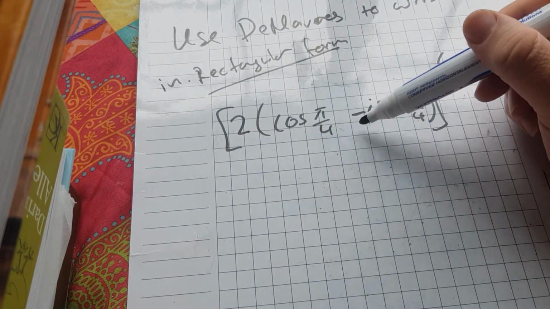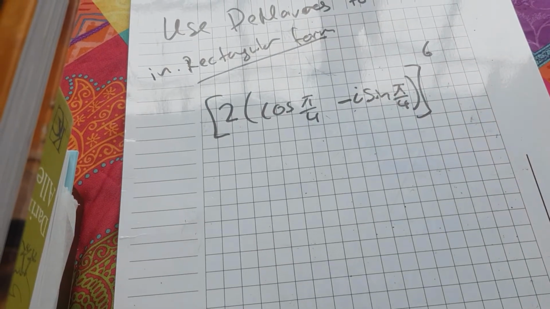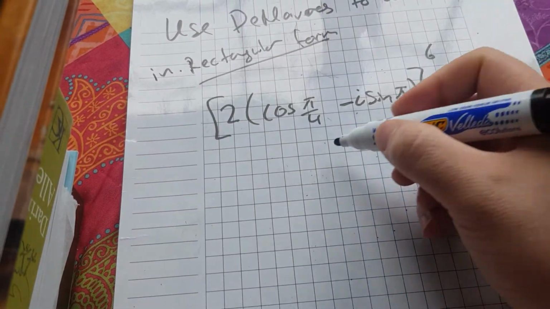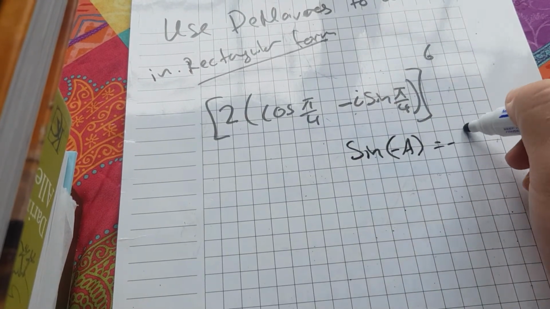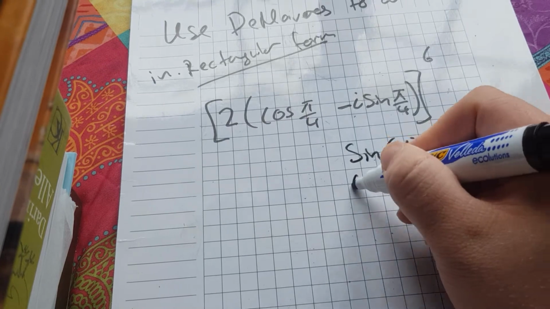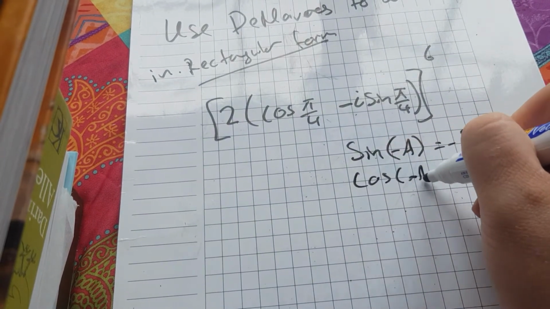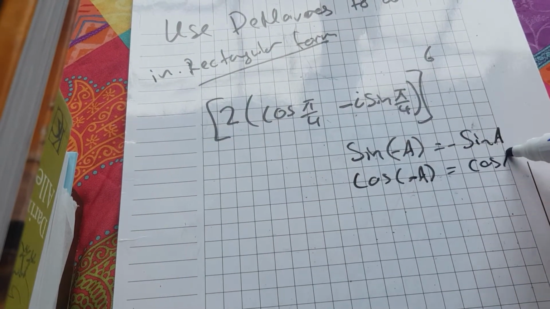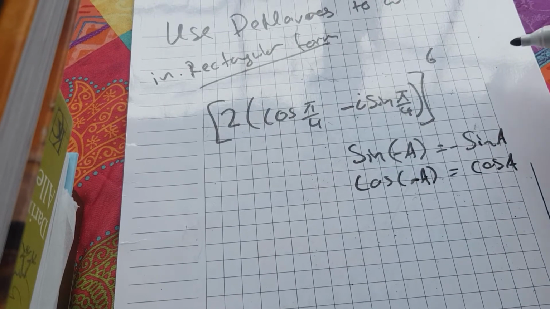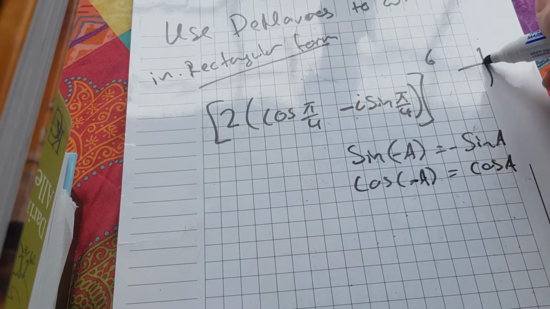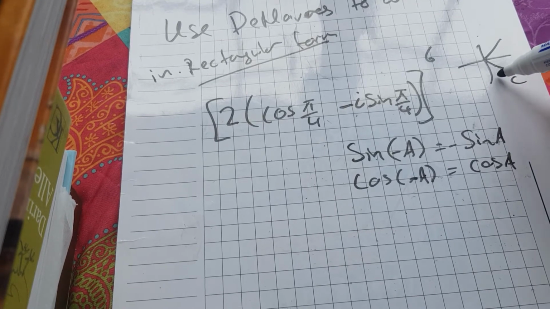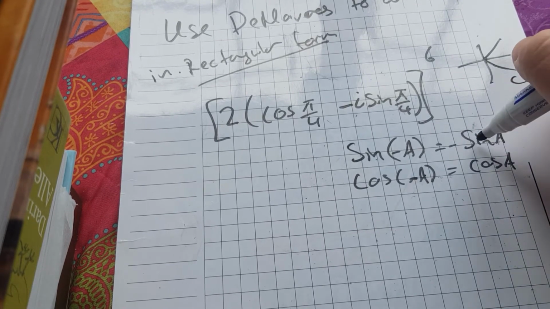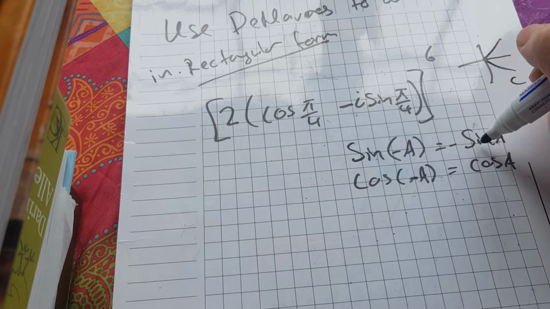There's a negative here. Now, if you look at your tables book, it'll tell you that sine of a negative angle will give you minus sine of the angle. But cosine of a negative angle is the same as positive cosine of the angle. And that comes from our unit circle, the fact that cosine is positive in this quadrant, but sine is not. Okay, so